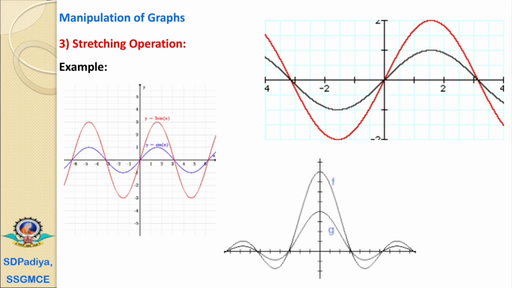Again we have the third example, the graph G, that is an original graph, and if we perform its stretching, then we'll get the graph F, and vice versa. If we consider the graph F as an original graph and perform its shrinking, then we'll get the graph G. If we consider the graph in red color as an original graph and we perform its shrinking, then we'll get the black graph. And in the first example, if we consider the graph in red color as an original graph and we have performed the shrinking operation over it, then we'll get the graph in blue.